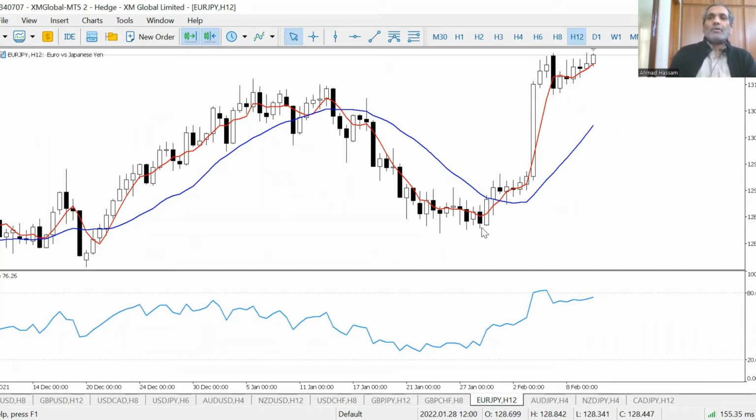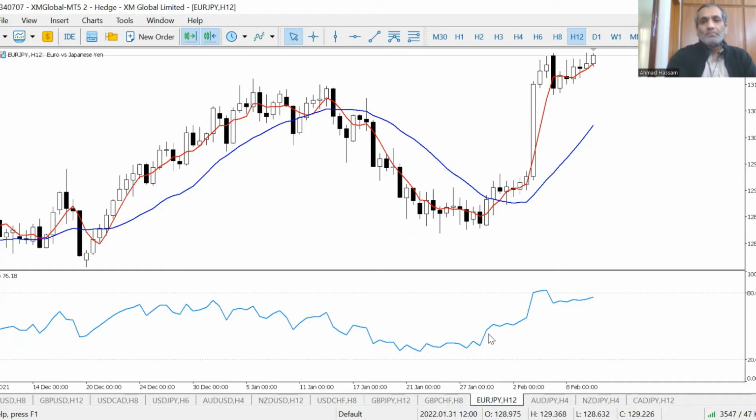If you have been trading for a while, you must be familiar with the relative strength index, also known as RSI. RSI is a very powerful oscillator. Its value oscillates between 100 and 0. If it is above 80, we call it overbought, and if it is below 20, we call it oversold.